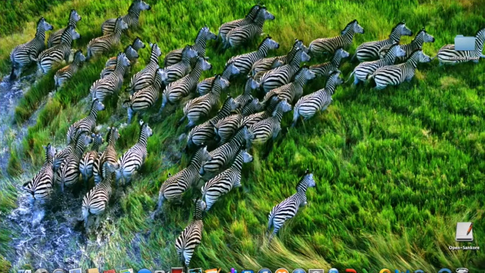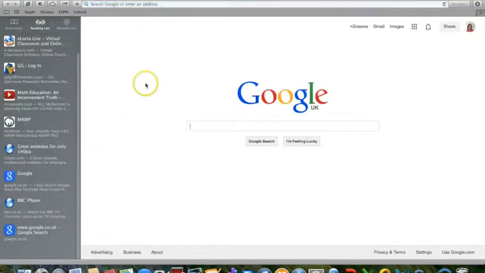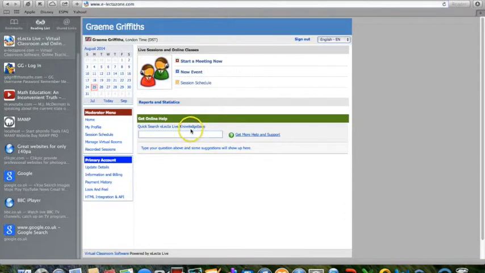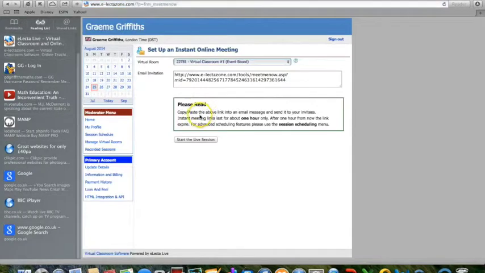What we're going to see now is a screencast of the online tutoring process. The first thing I'm going to do is ask one of my tutees to complete an online tutoring lesson. So I load up the software platform. This is called Electra Live, and this is my homepage. I want to start a meeting with one of my tutees. All I do is copy this link here,